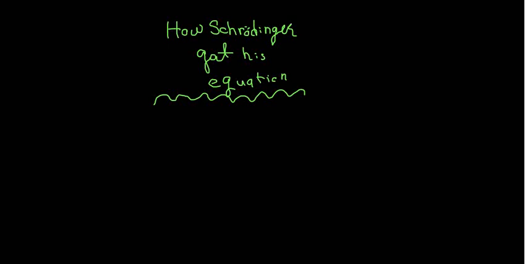In this video series, starting from this video, I'm gonna be talking about how Schrödinger got his own equation, how exactly Schrödinger got it, like from his own paper. But actually, before I start talking about that, I have to assume first that you have a background in what is called the Hamiltonian dynamics and what is called the canonical transformation. You have to know about those because they are the basis for what I'm gonna talk about in this video